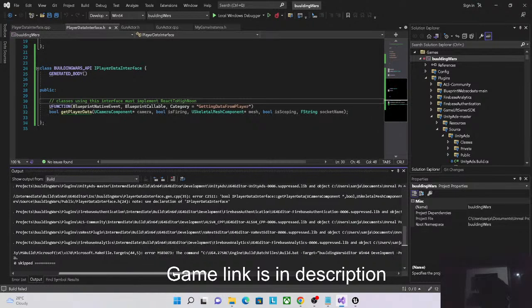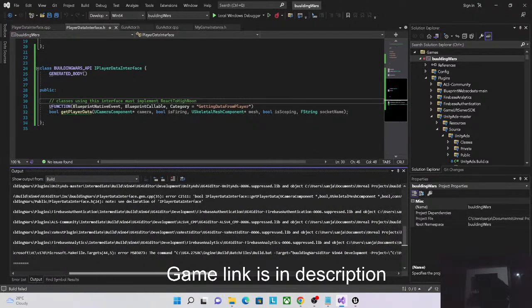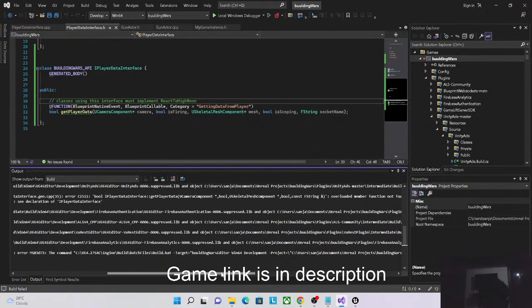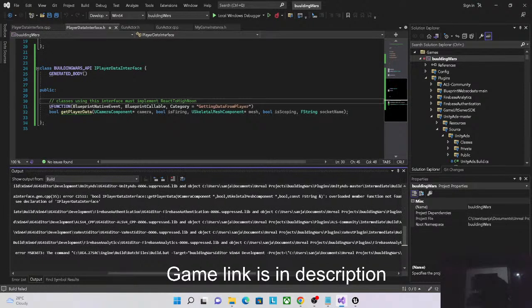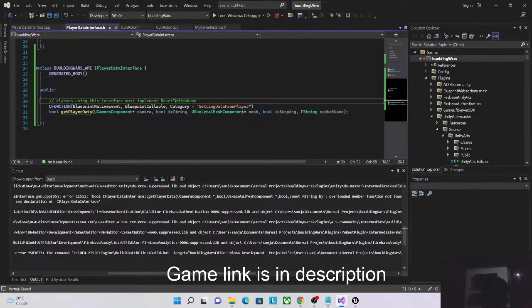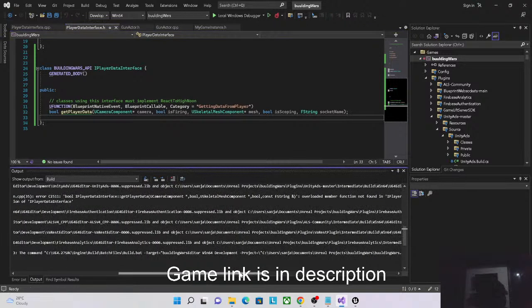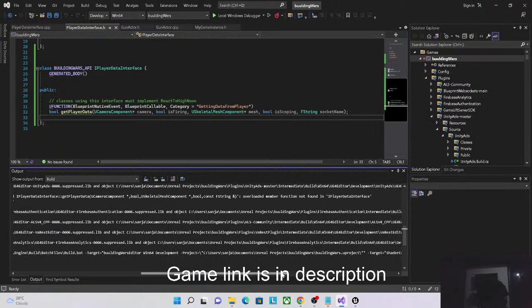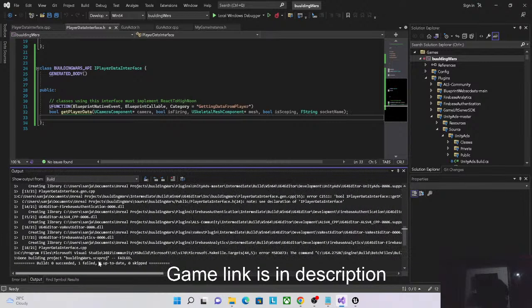Bool I player interface get player data. Oh wait, what? Your camera component. I think, did I save it or not? Overloaded function not found in, they're saying overloaded function is not found in